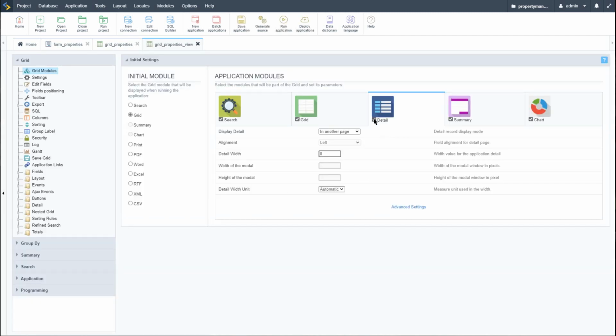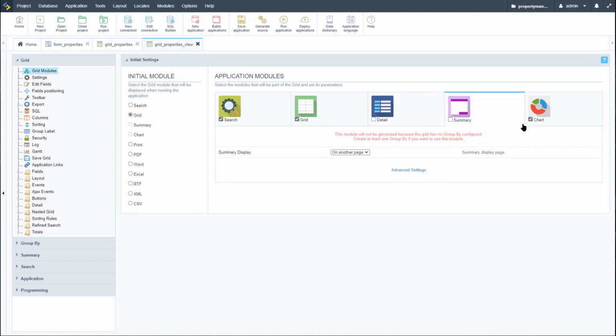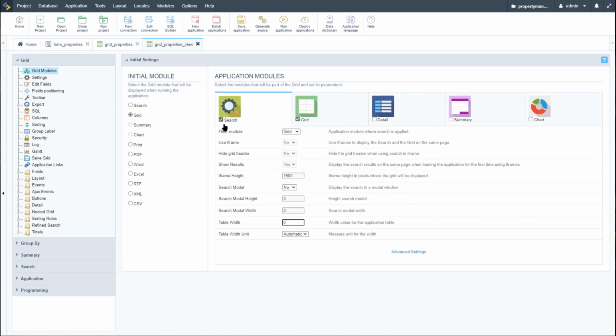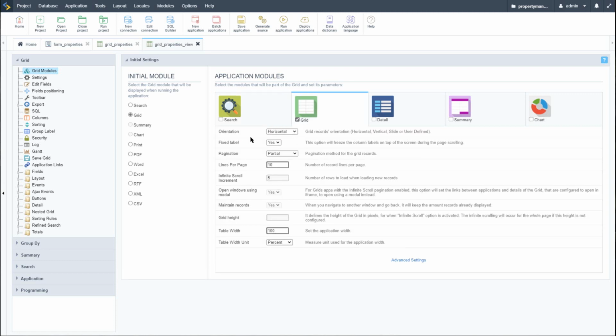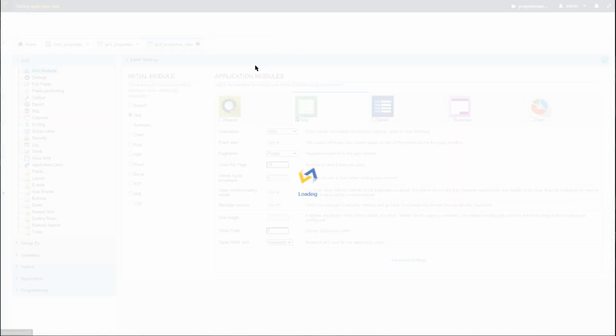Okay, so here first of all I'm going to remove the details, the summary, the chart, and the search. They will not be needed here. And for the grid, this is going to be a slide grid, so for the orientation I'm going to change that here to slide. And I'll set the width to 0 and automatic. Okay, so if I run that now,